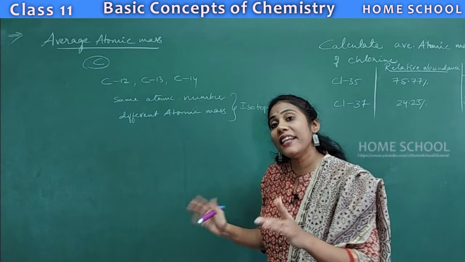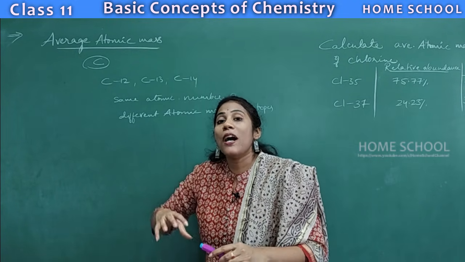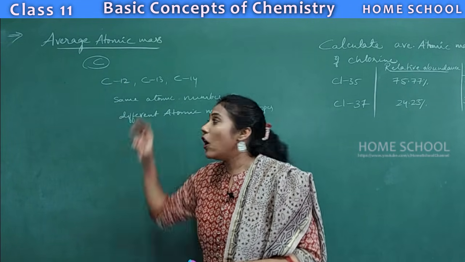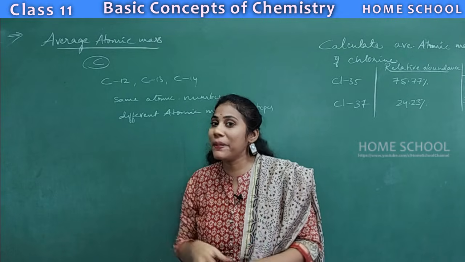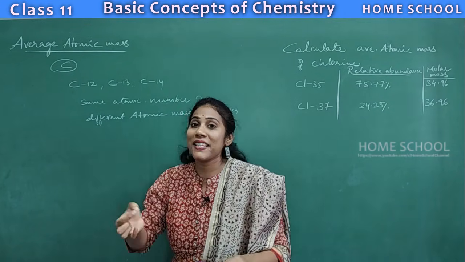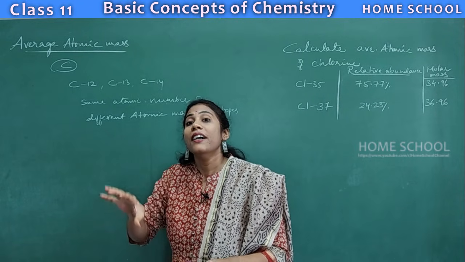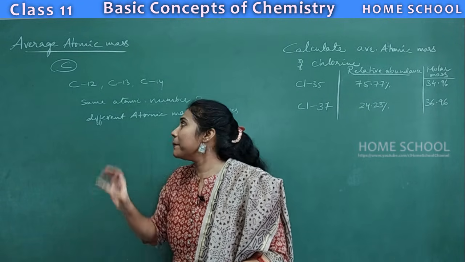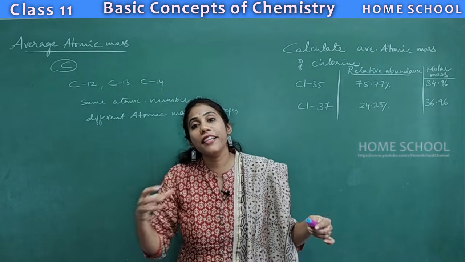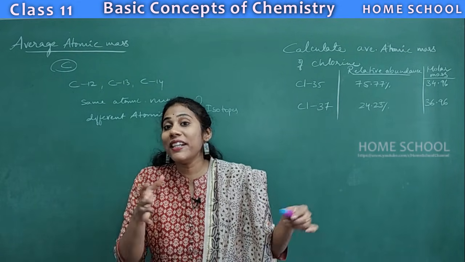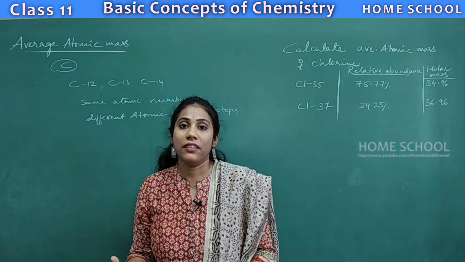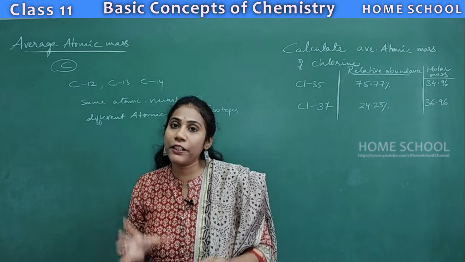There is a way of calculating average atomic mass. You have to consider their relative abundance also, that is, to how much extent a particular isotope is present in our nature. All three forms are not equally present in nature. In 100%, one form of carbon is present in the highest amount. 98% of carbon belongs to one isotope. These three forms of isotopes are present to a different extent, in a different percentage, in our nature. That is what we mean by relative abundance.